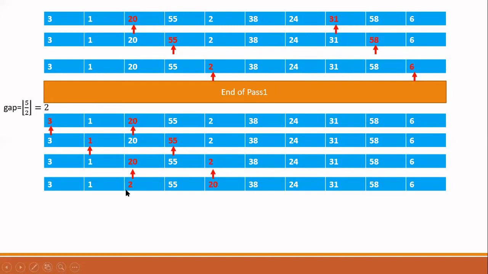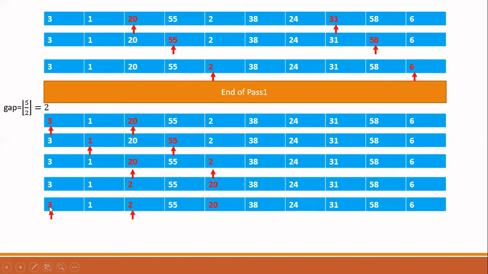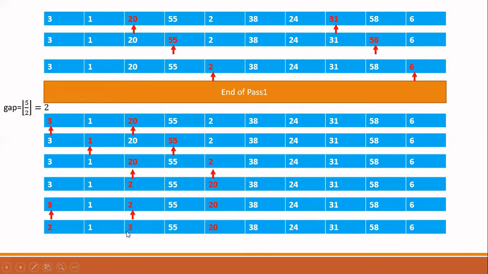So I have to now compare 2 and 3. Now 2 is less than 3. Therefore, I have to swap these two. So now I will be swapping 2 and 3. Why I am doing this is that previously my gap was 5, and no elements were before it in the swapping, but now, when I did the swapping, I have one element at a lower index compared to this element at that particular gap. So I need to compare that also.